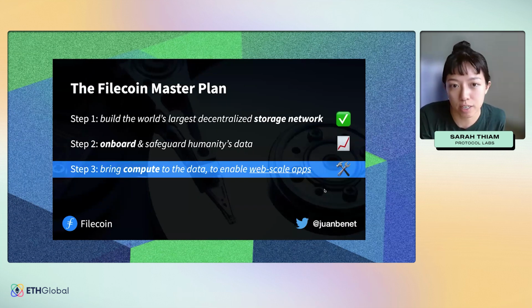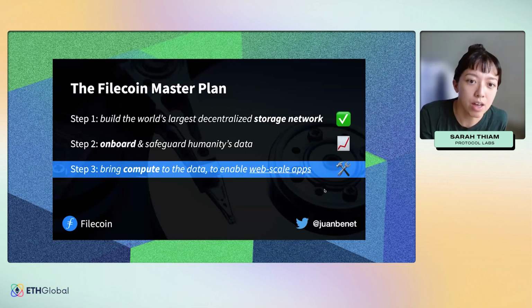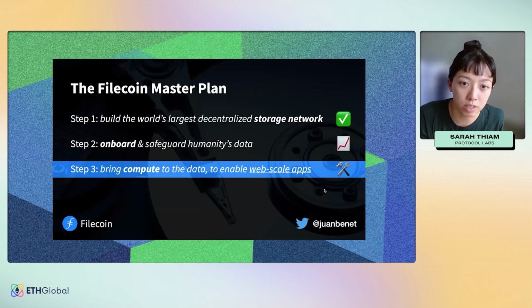We wanted to build the world's largest decentralized platform. We onboarded a ton of data. And then with all the data on there and more people having storage needs, we wanted to allow programmability on the network, so programmable storage, so that people can use it within their dApps and connect easily, rather than it being a siloed DePIN infrastructure or a backend that you have to go through a lot of manual steps to connect to, which isn't very usable.